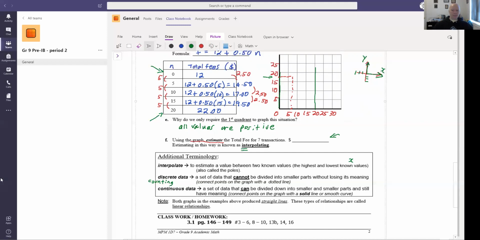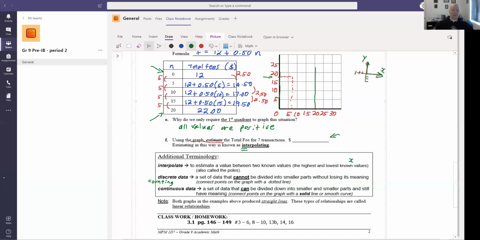And then when we get down to continuous data, we can divide it into smaller amounts, and it still has meaning. So if we're talking about height, somebody can be 5 feet tall, somebody can be 6 feet tall, but they can also be 5 feet 5 inches, or 5 feet 5.5 inches, or 5 feet 5 3/4 inches. So we can break it down into smaller pieces, and it still makes sense. When we grow, we don't grow from 1 foot to 2 feet to 3 feet instantly like that. We actually grow